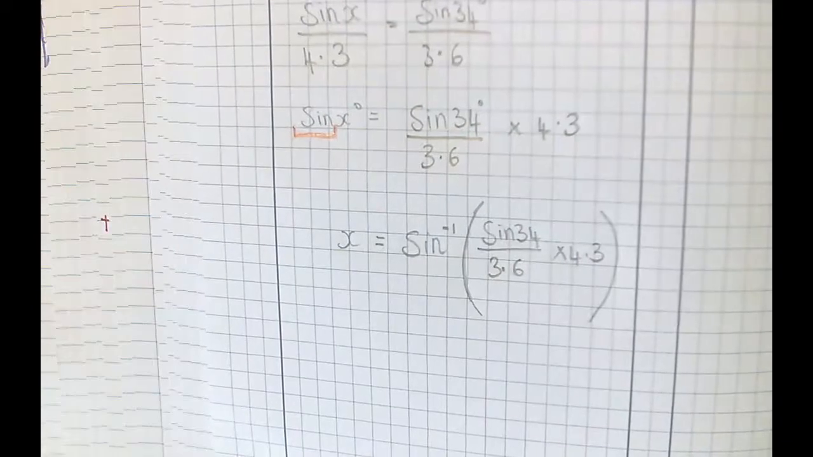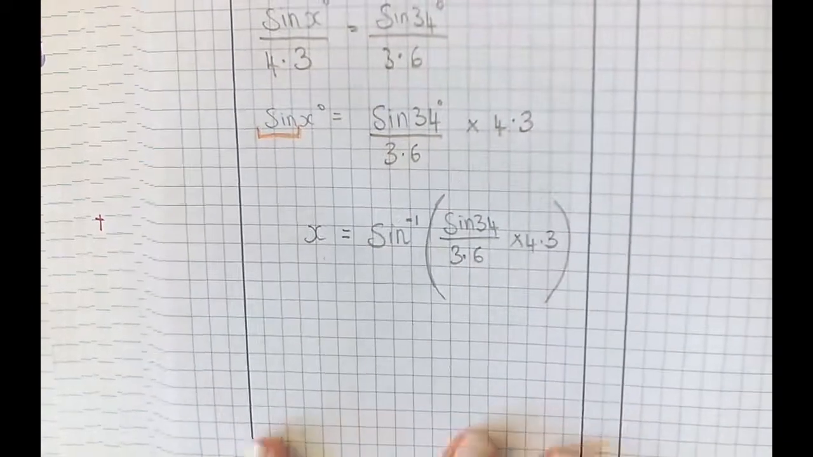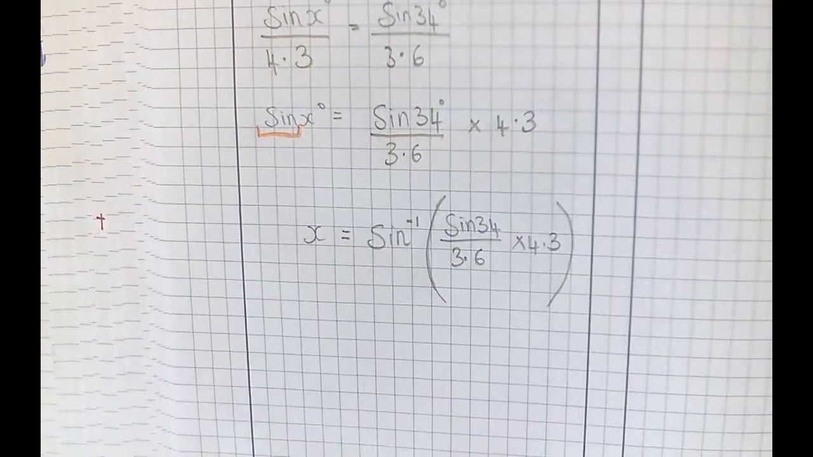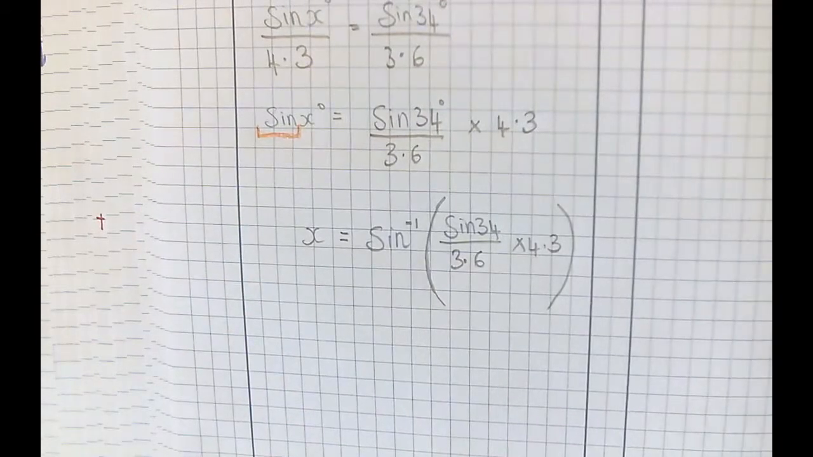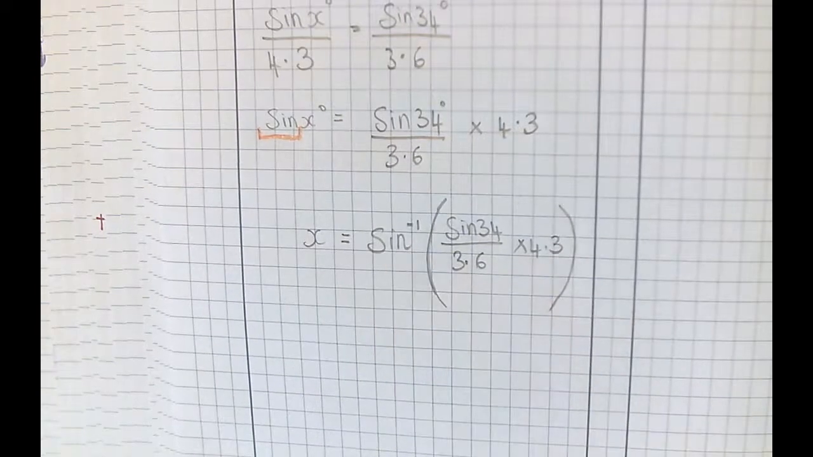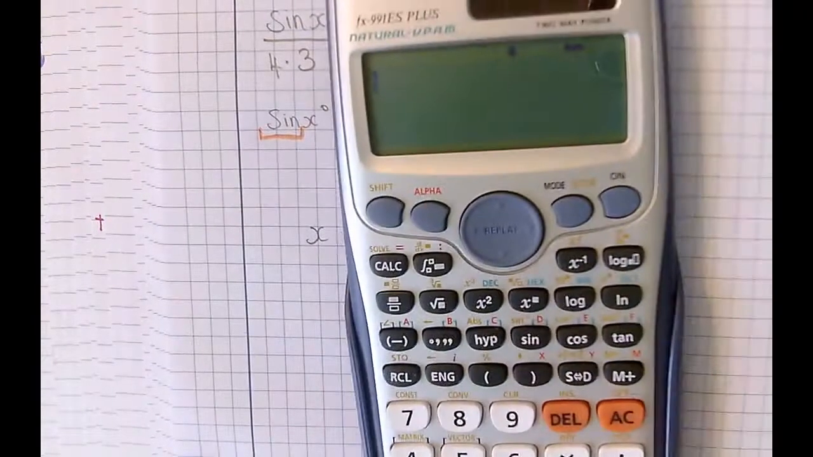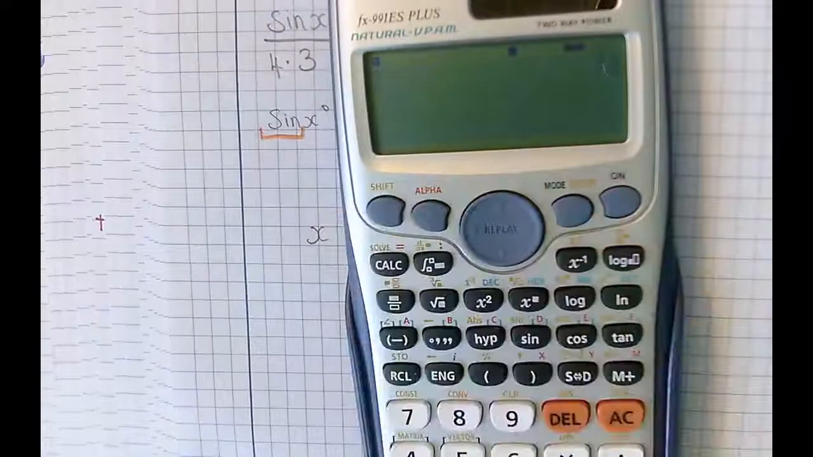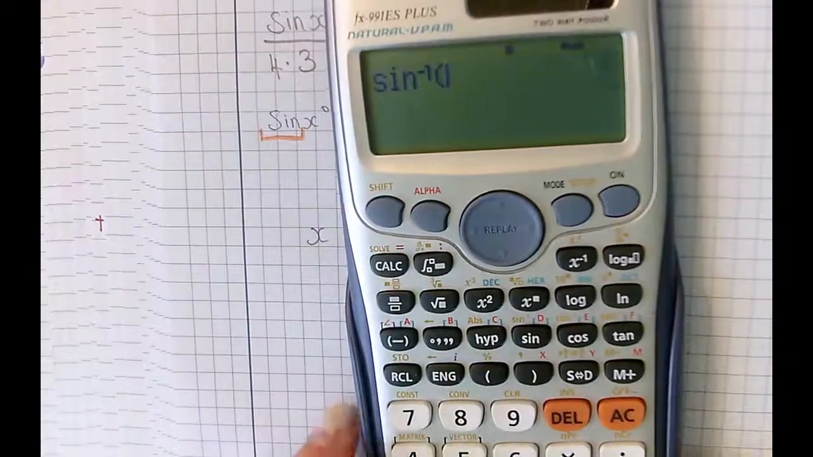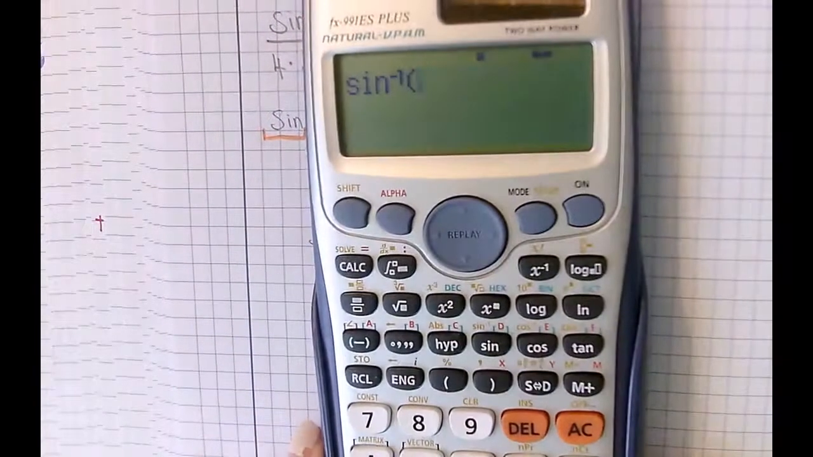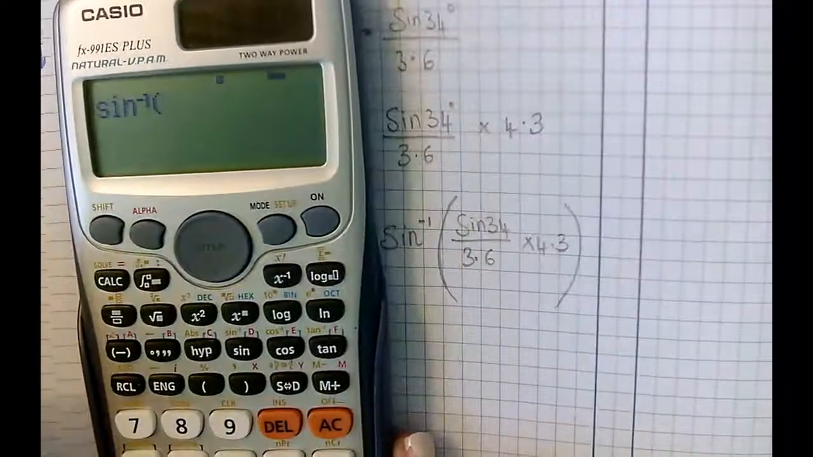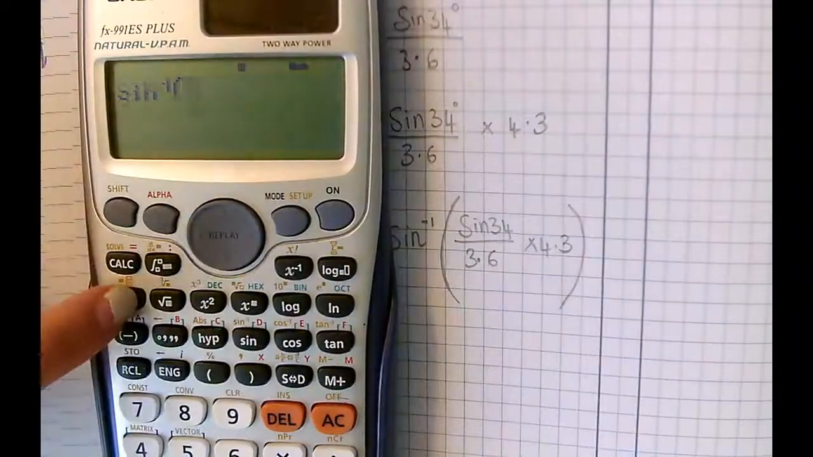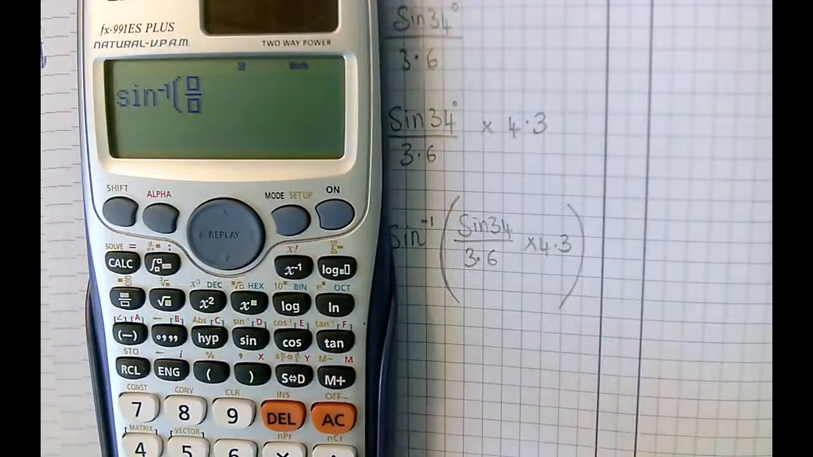All you need to do now is just put it into your calculator. I'm going to show you how to do it again. So this time round, because we are finding an angle, we have to do the inverse sine. So you need to click Shift, Sine, and you can see it's sine to the power -1. And it opens your bracket automatically. So you just need to insert a fraction, because that's what we've started with. Sine of 34, close your bracket,